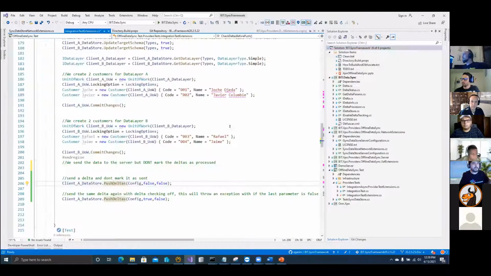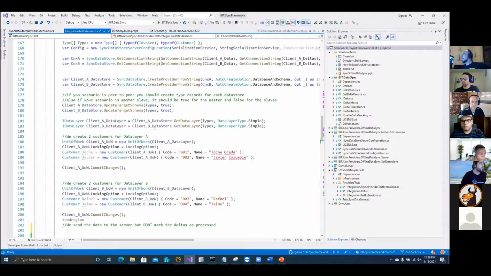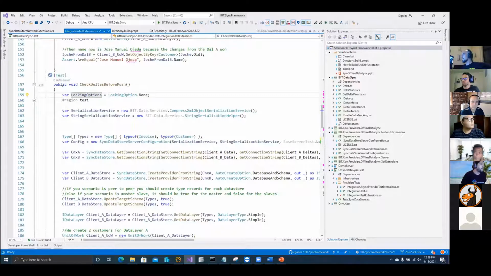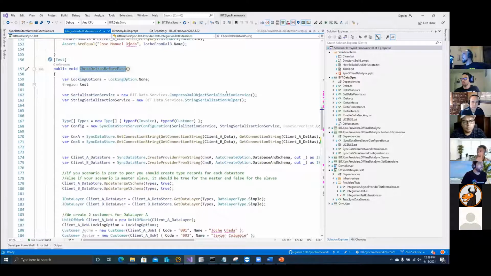We only have the unit test, but we will include this in the demos that we have public, so you can give these scenarios a try. So the first scenario is checking the deltas before you push. So usually what we have here is